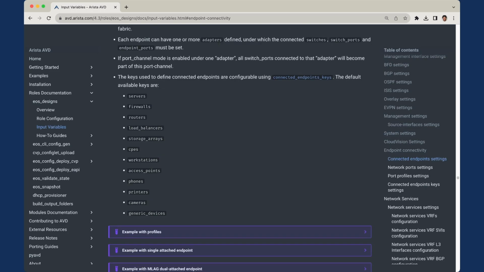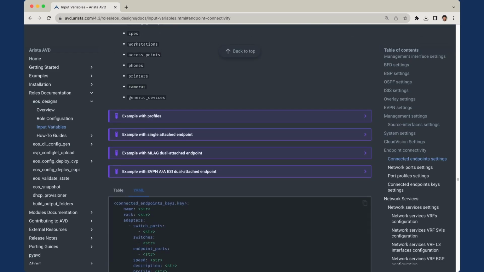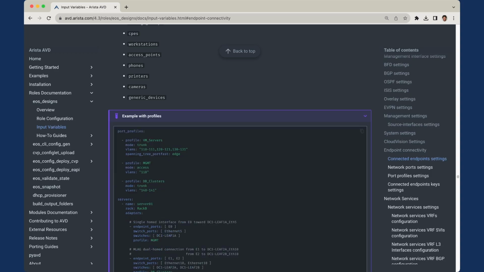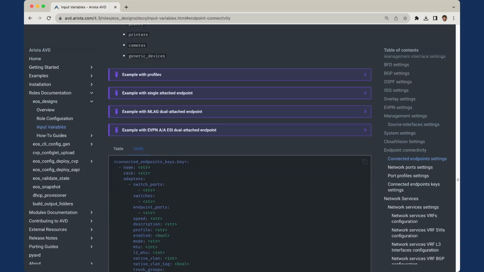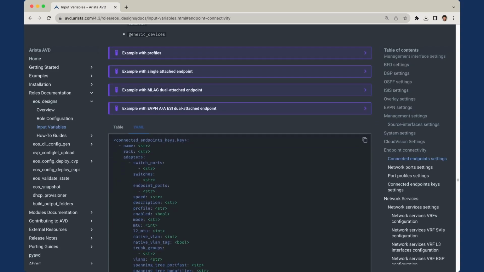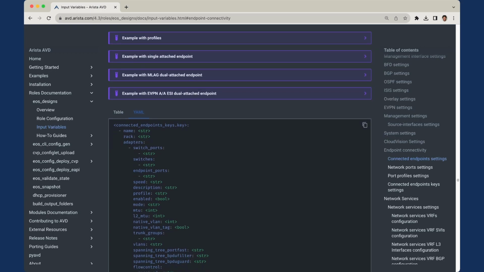Now, if you're on the site, if you scroll down just a little bit, not only do we have the data model that encompasses all of the features that are available with connected endpoints, but there's also built-in examples. So for example, an example with profiles, as you can see here, there's examples with a single attached host, a dual attached host. In this case, I won't go over every single key within connected endpoints, but as you